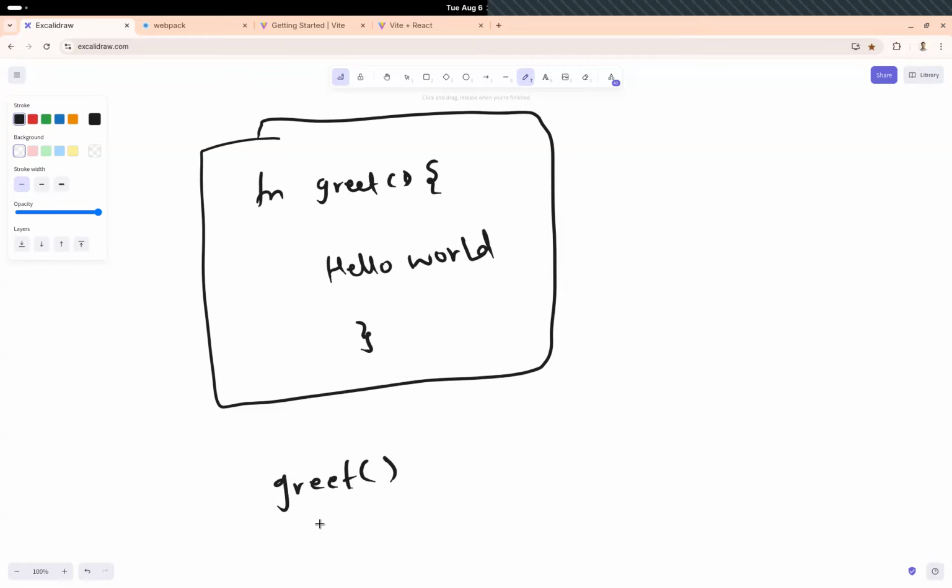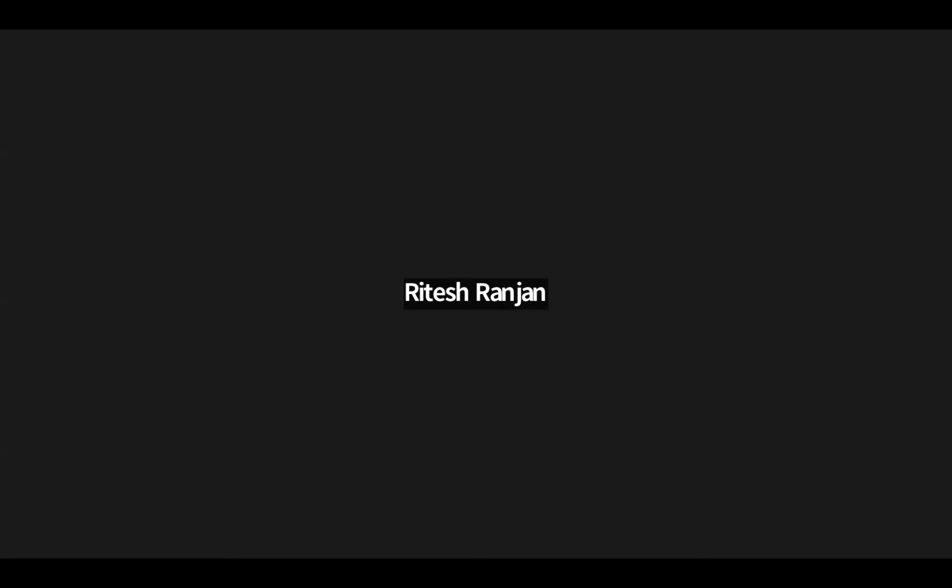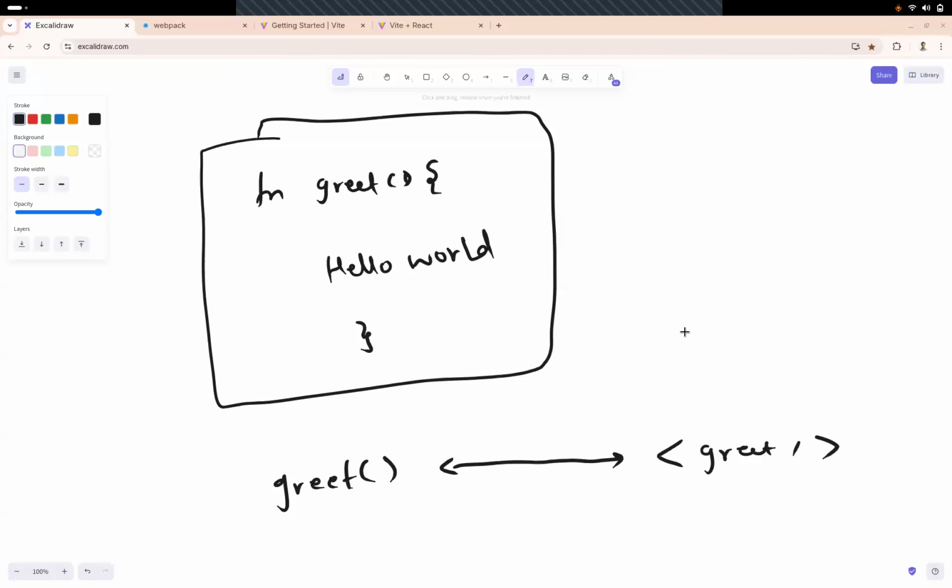So for this function to work, it has to be called. Right? Now, start drawing an analogy with React right from now. So in React, isn't this also calling a function? Yeah, so isn't this also calling a function? Okay. So once we call a function, isn't this piece of code going to run?